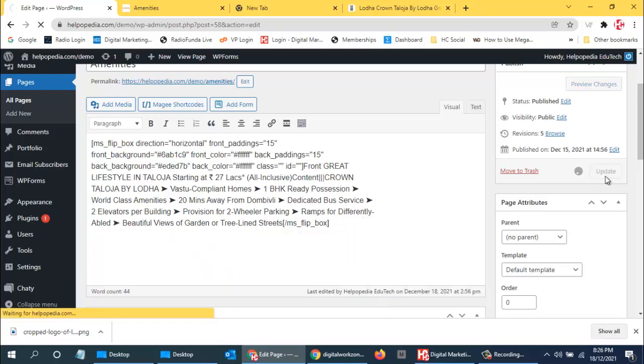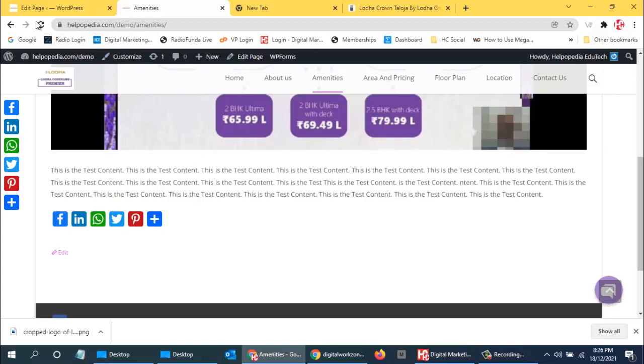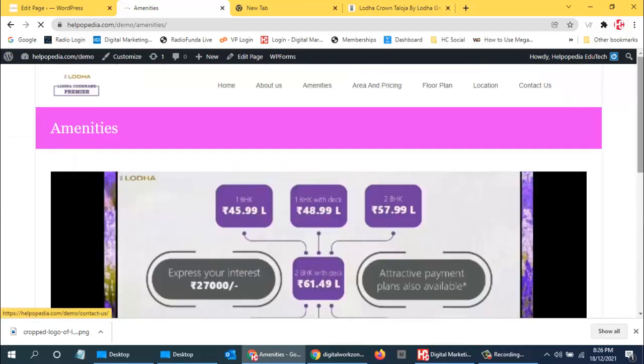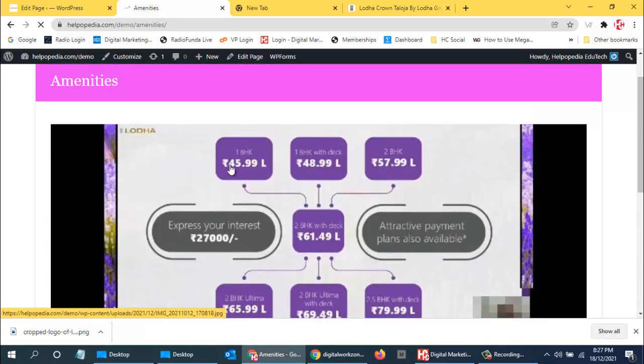So now if you see your normal page, now it will be changed. I will click on amenities and now you see the page. Okay, it's not coming up over here. It is not working. Okay, maybe it's loading.